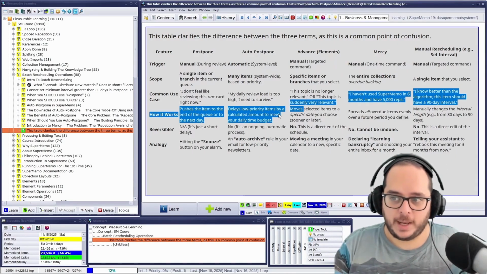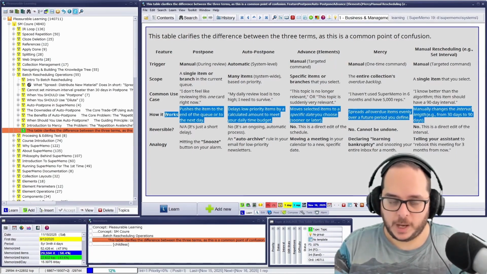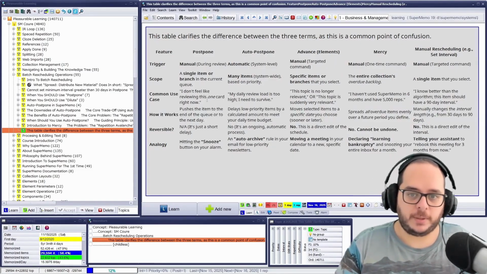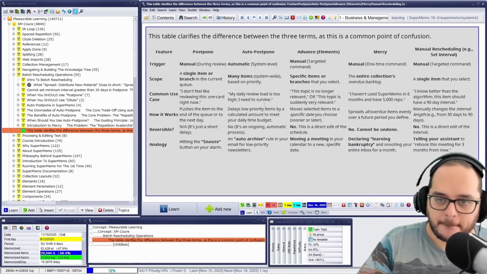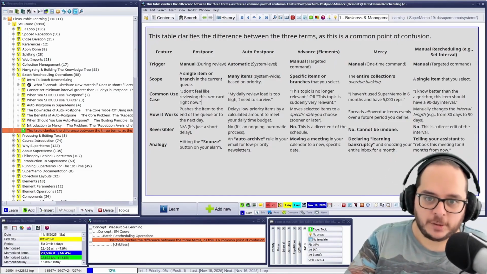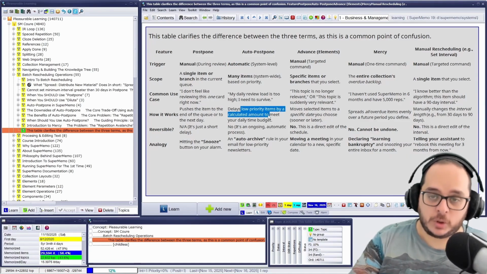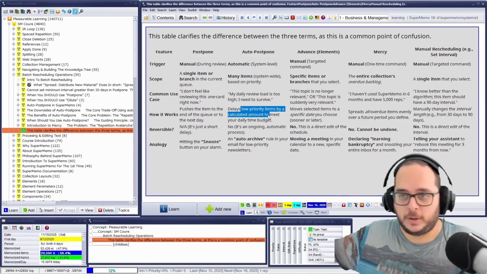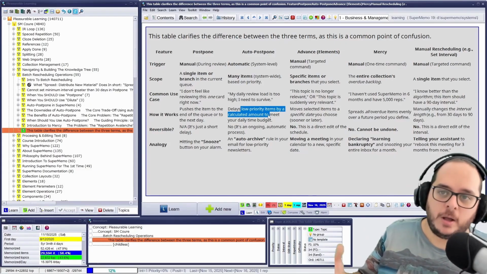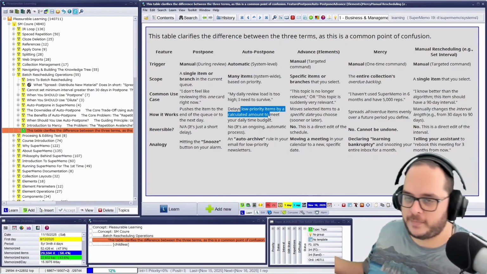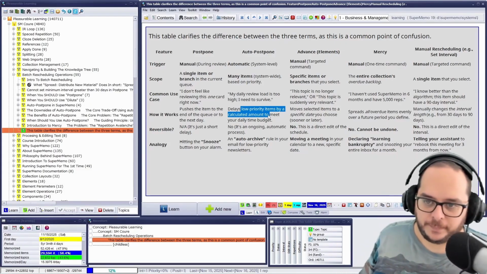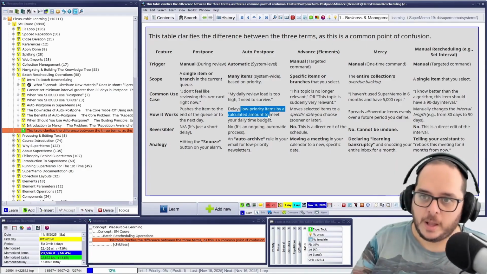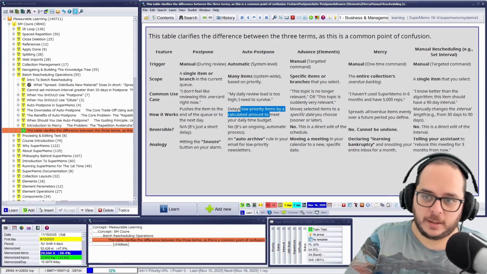Then something I didn't mention is how it works. This is already deeply in returns. Why? Because postpone depends on the priority. Usually you will postpone lower priority items. Not necessarily, it could be other metrics with a factor, and so on. Advance, you select elements, not just items, any elements, to a specific date.